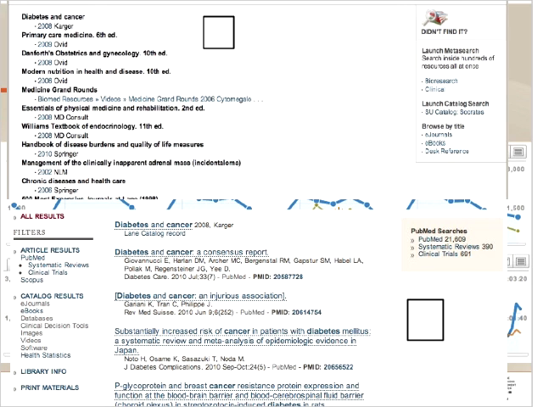So I guess the major point here is if you look at the old site, the search results on the old site, these two are exactly the same searches. We're searching diabetes and cancer in both. The back-end technology is generating the same results from the catalog, and that was the diabetes and cancer, primary care medicine, etc. But with the new site, we've got interleaved with catalog items, interleaved are articles, the citations on articles, and if I click on one of these, I'll pick the substantially increased risk. I should be able to get to